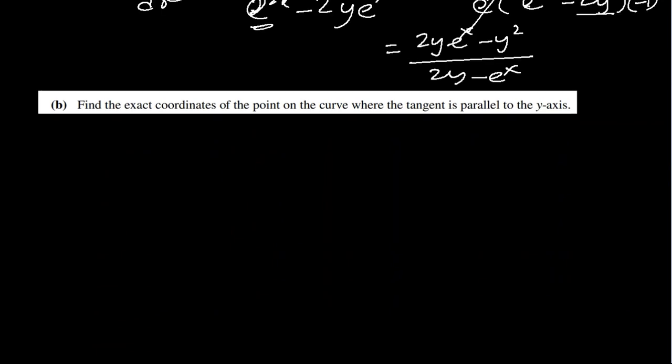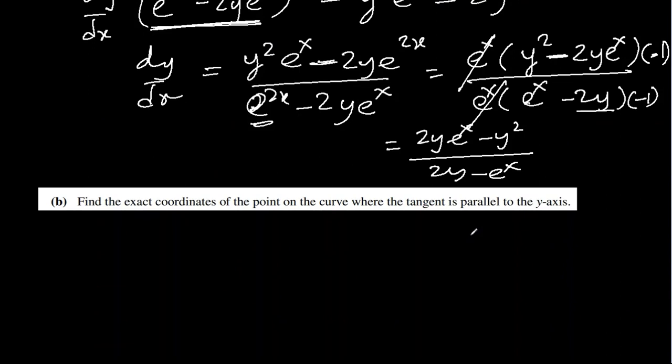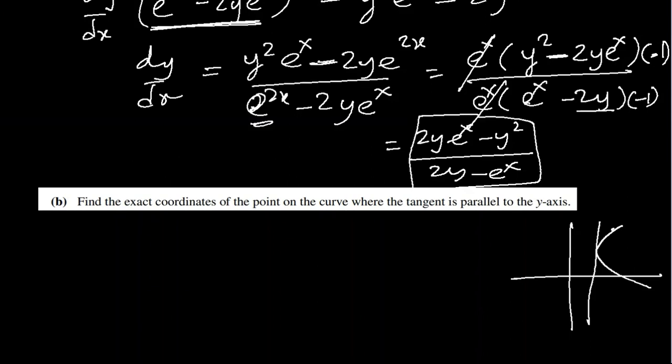Next, find the exact coordinates of the point on the curve where tangent is parallel to y-axis. So whenever a tangent is parallel to y-axis, that means this is the tangent, that means the curve is something like this, right? And vertical tangent means it is undefined. Okay, we can't find its gradient. And how can this become undefined? It will become undefined if the denominator